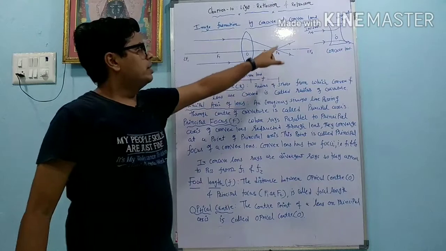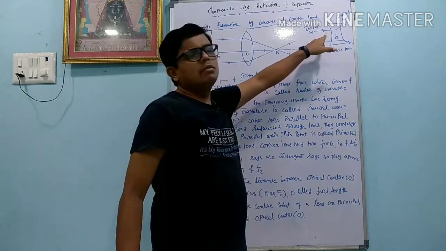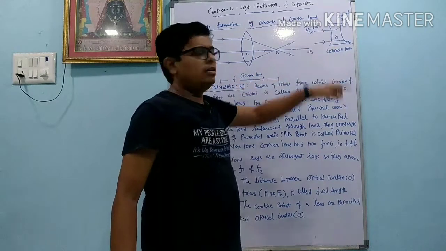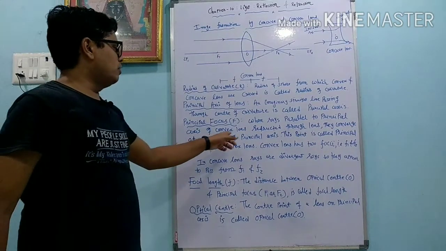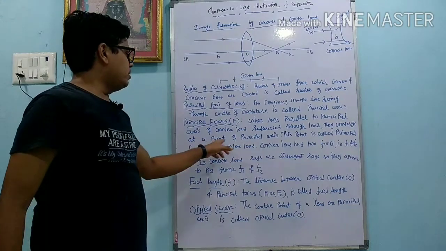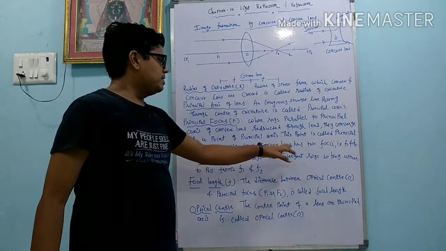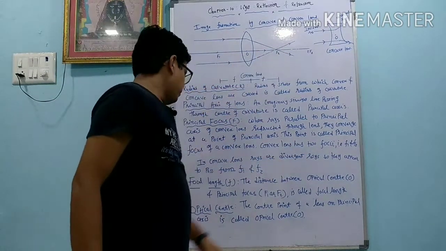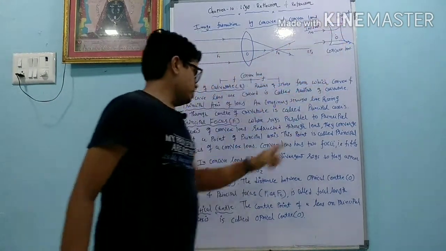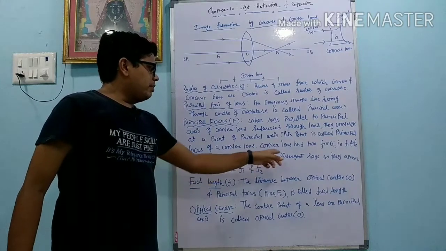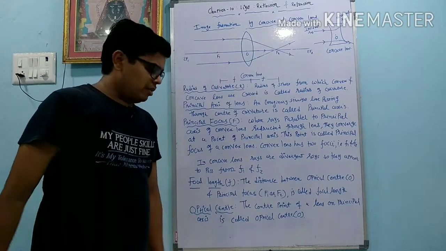Understand here? The concave lens is also like that, but because of divergent rays, we get F1 and F2 on both sides. When rays parallel to the principal axis are refracted through a convex lens, they converge at a point on the principal axis. This point is called the principal focus of a convex lens. Convex lens has two foci, F1 and F2. In a concave lens, rays are divergent because they go in different directions, so they appear to pass from F1 and F2. They do not meet, so they are divergent rays.